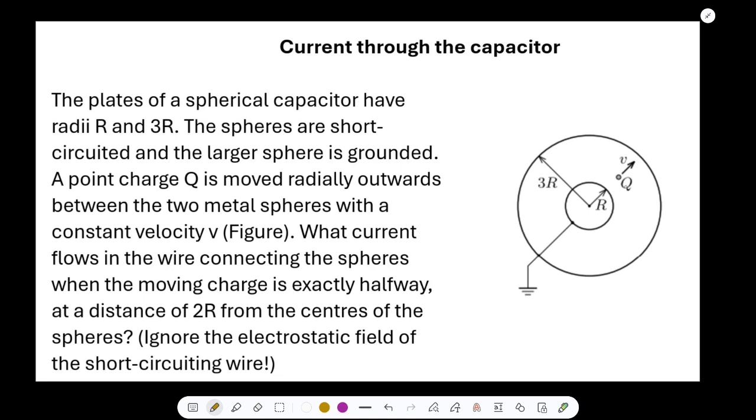So, take an instantaneous moment, an arbitrary moment, and let us denote the instantaneous charge on the small sphere by q1 and the larger sphere by q2, and the instantaneous distance of the point charge from the center of the sphere as small r. So, we know that